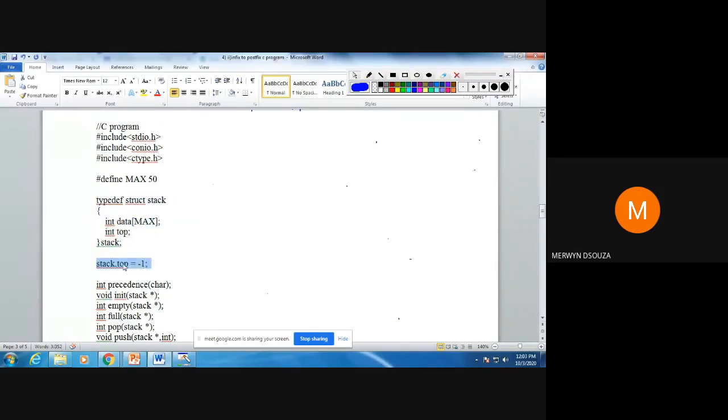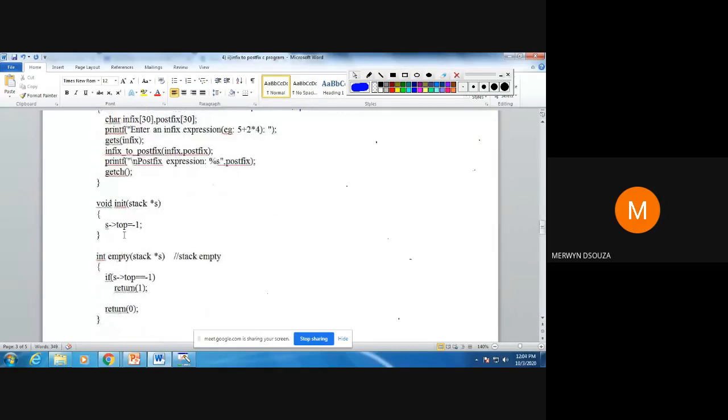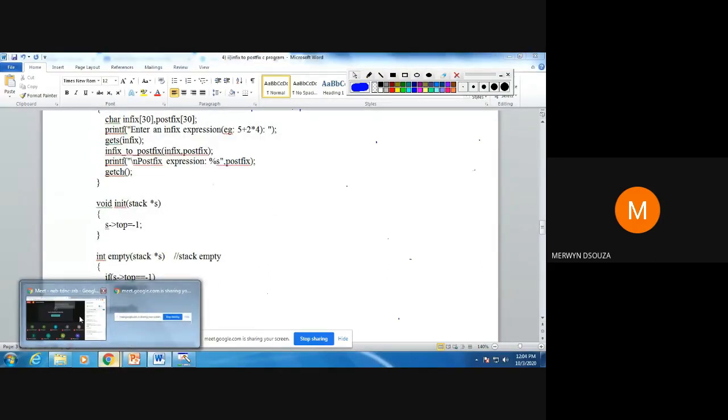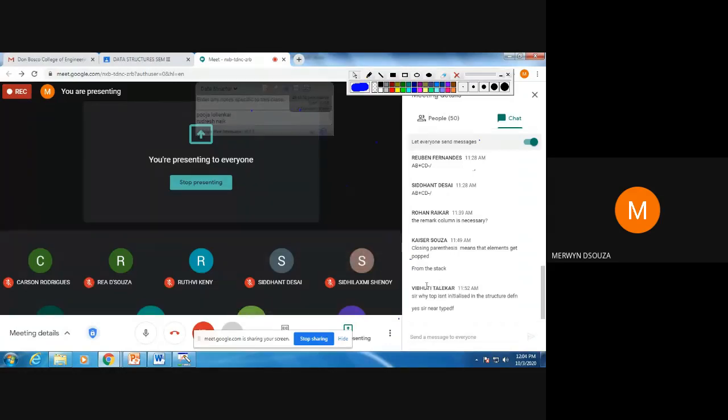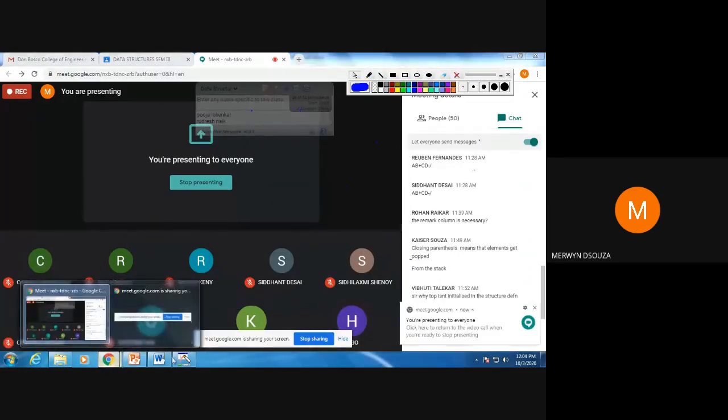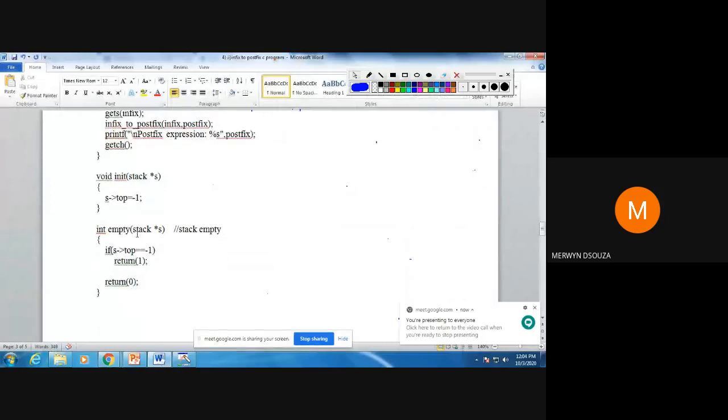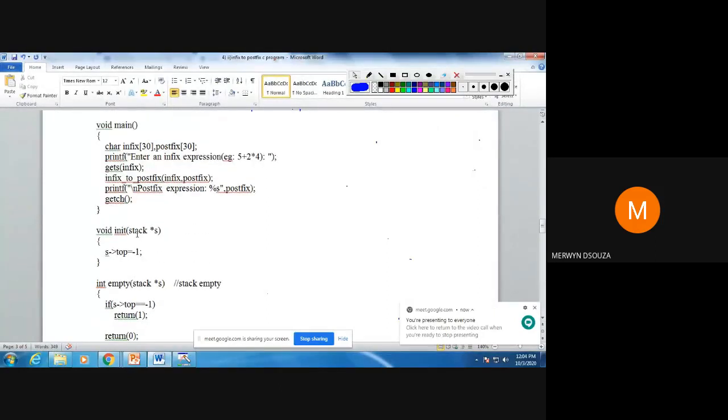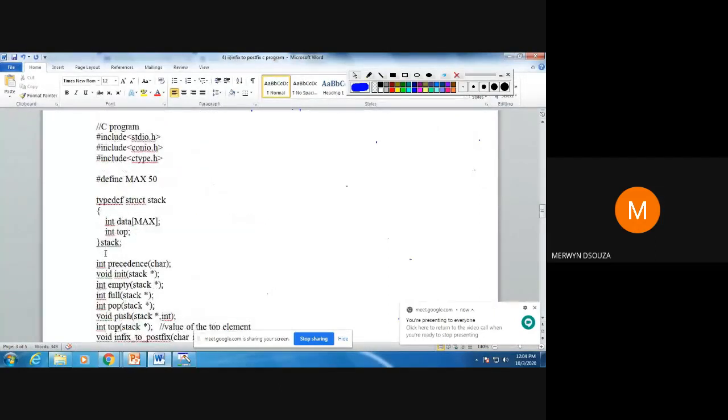You could have done it like this, like that. It's just done for the program like this. There's no specific reason. I'm just showing you the different ways it could be done. This is not the only way of doing the program, but you could have initialized in a separate line here.